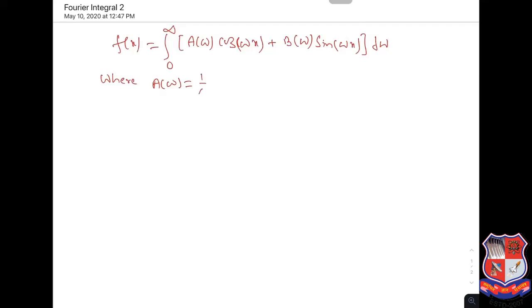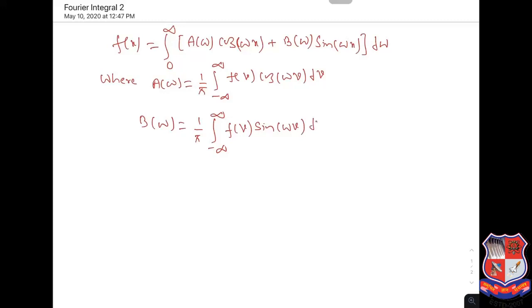a(ω) equals 1 upon π integration minus infinity to infinity f(v) cos ωv dv, and b(ω) is 1 upon π integration minus infinity to infinity f(v) sin ωv dv. Okay, so let us take one example here,